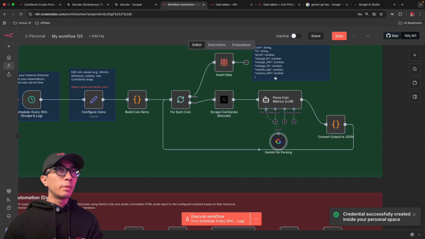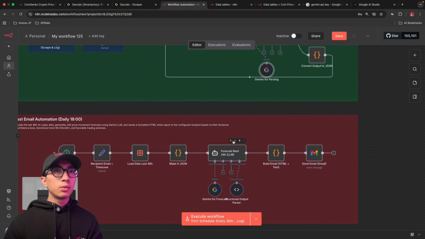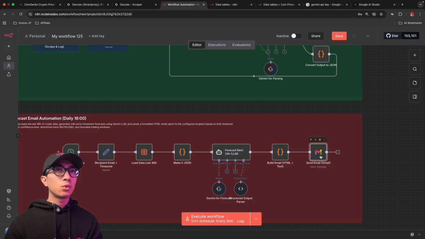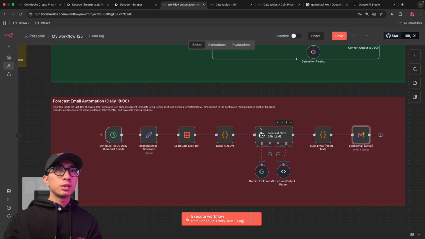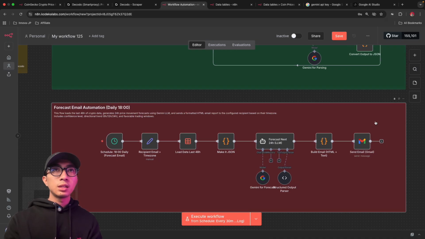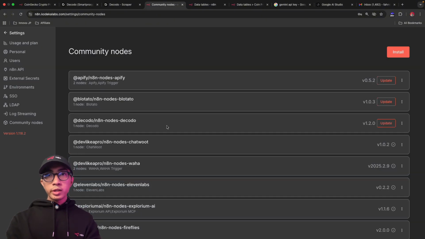And there you go. You managed to set up all the credentials you need here. Oh, one more thing. You also need to set a credential for Gmail. For this one, there are a lot of other tutorials. Basically, you just need to create a Google Cloud project if you're self-hosted. But if you are on cloud, you just need to sign in with Google. So it's that easy. And one thing I forgot to mention is you also need to install the Decodo